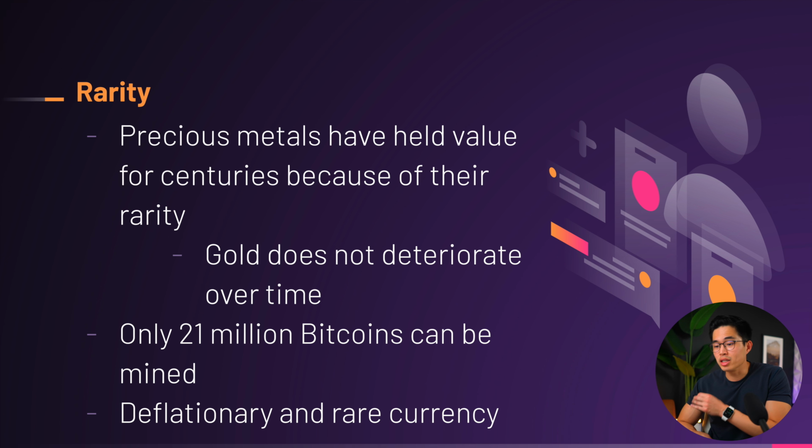Because gold is a rare element to find and isn't unlimited in supply, it holds its value over time and is a deflationary currency. Similarly, Bitcoin is on the blockchain and there are only 21 million Bitcoins that will ever be mined. So it does not inflate like dollar bills, nor does it lose its value because it can't be melted or torn apart like gold and dollar bills can.